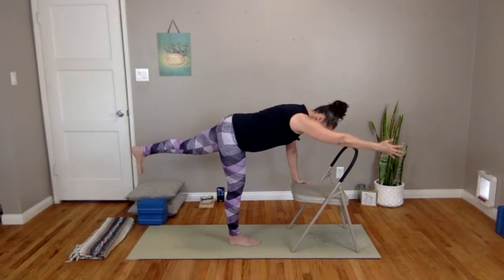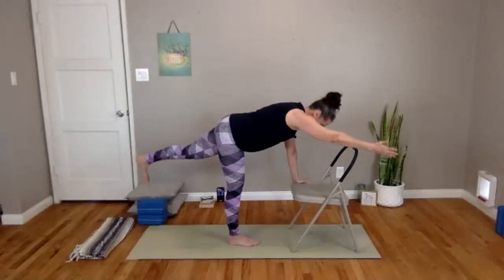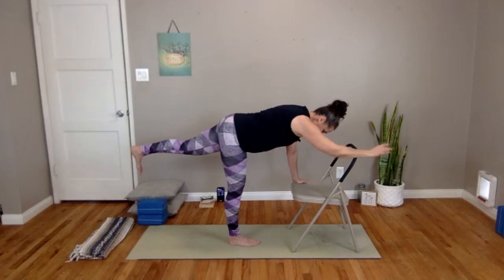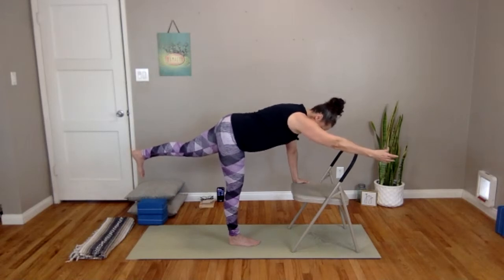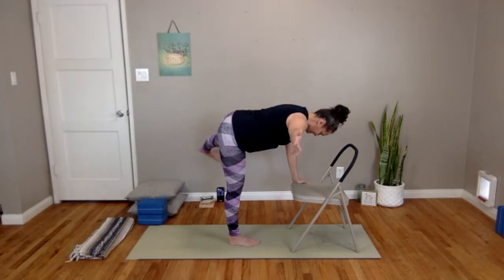Reaching with the long limbs. Gazing at the ground or your chair so you're not looking forward. Neck is happy. I know you're anticipating. Try not to. Inhaling, I am. Exhaling, present. Here we go. Right arm to the right, left leg out to the left. Deep breath, deep breath,